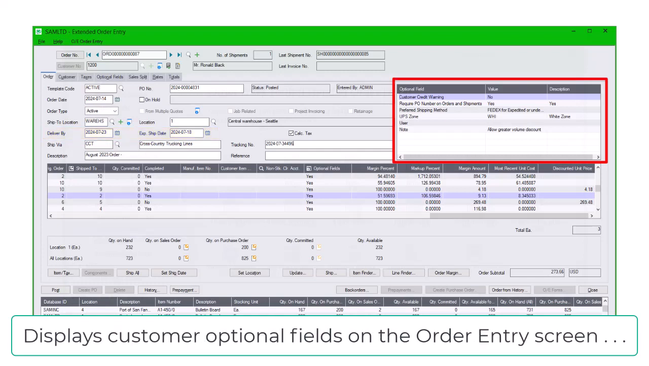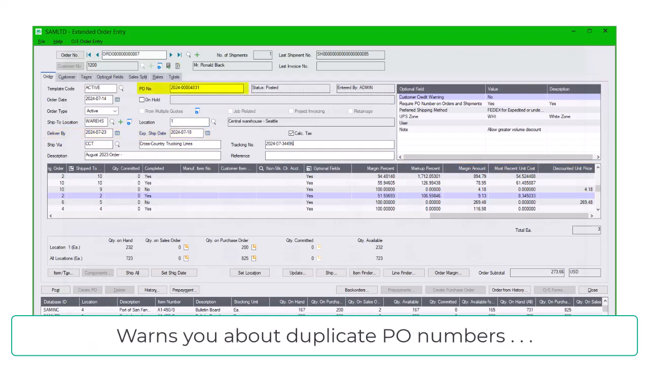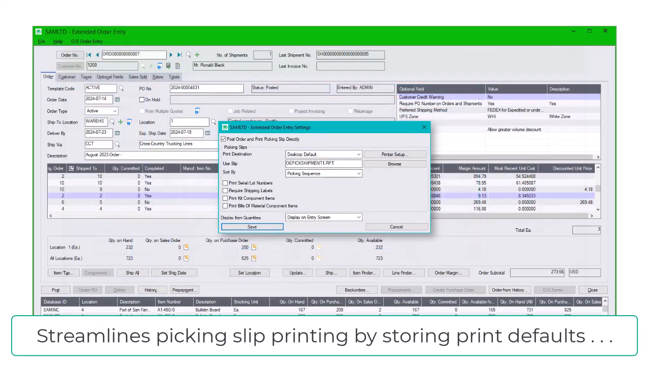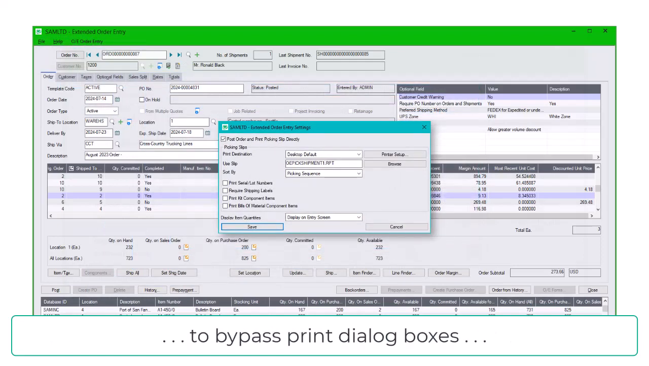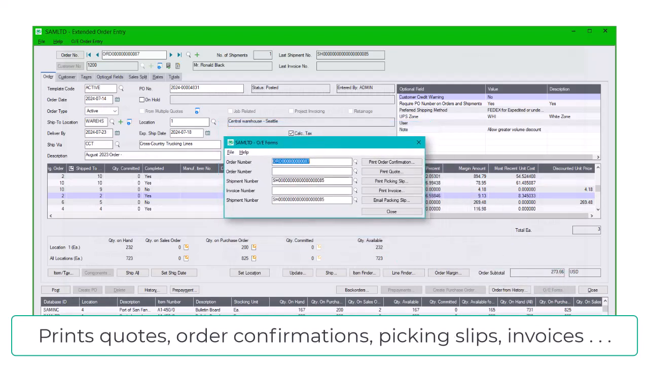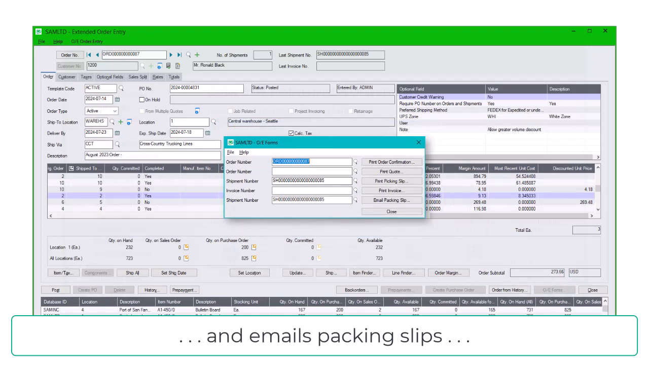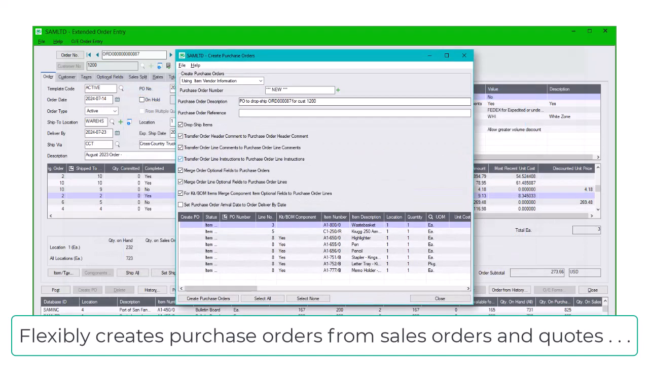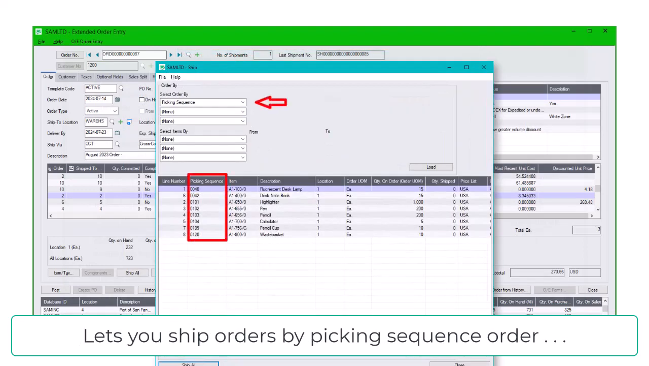It displays customer optional fields on the order entry screen, warns you about duplicate PO numbers, lets you edit kit details on an order, streamlines picking slip printing by storing print defaults to bypass print dialog boxes, prints quotes, order confirmations, picking slips, invoices, and emails packing slips directly from the order entry screen, displays order prepayments entered in order entry or accounts receivable, flexibly creates purchase orders from sales orders and quotes,